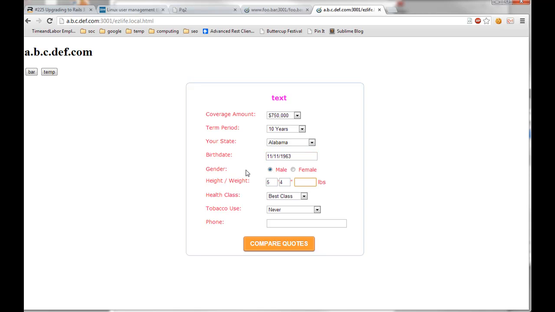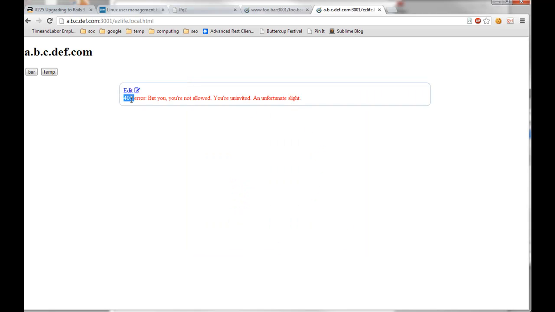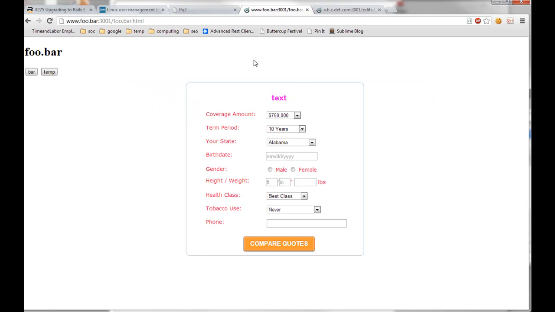Let's give it some test data. And we get a 403 error. This is a forbidden resource. Contrast that with what we get here. If we give it some valid data,